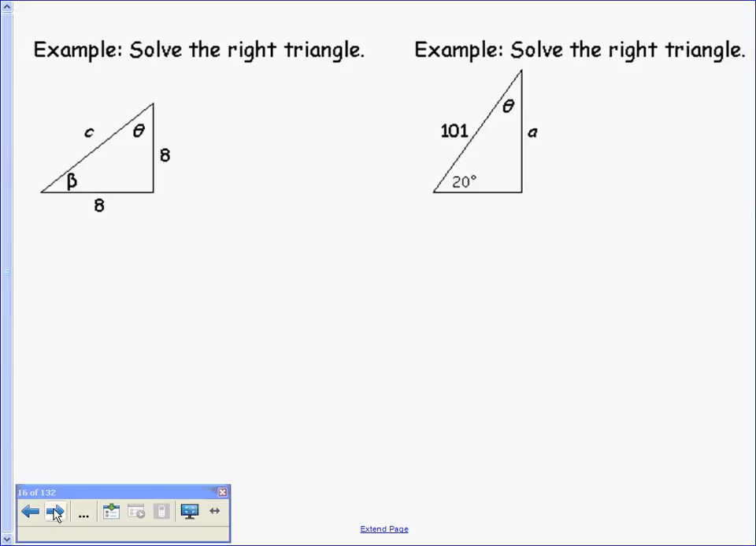So let's look at these two problems. In both examples, we have right triangles. So I'm going to add some markings. And we want to solve the right triangle, which means we want to find any missing values here. In the first one, we're going to find